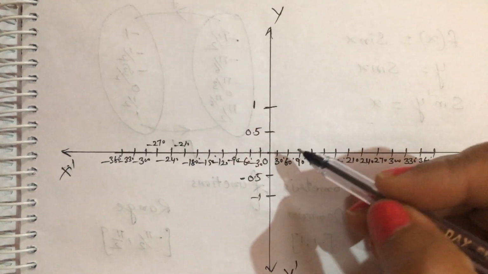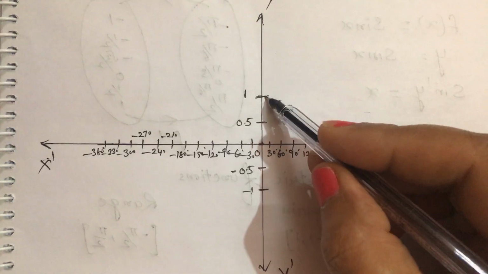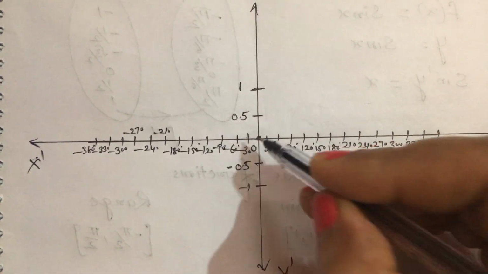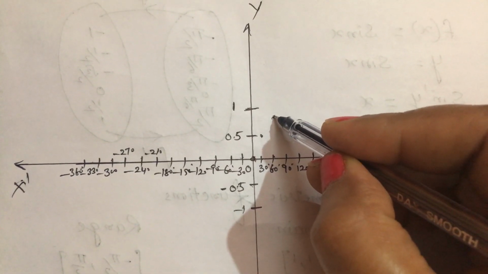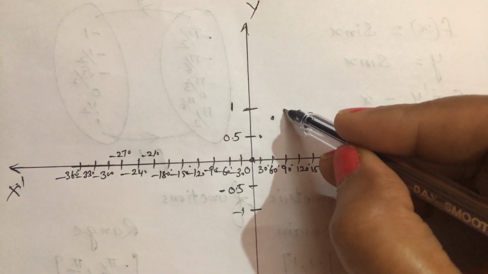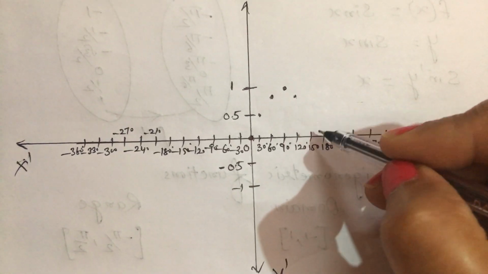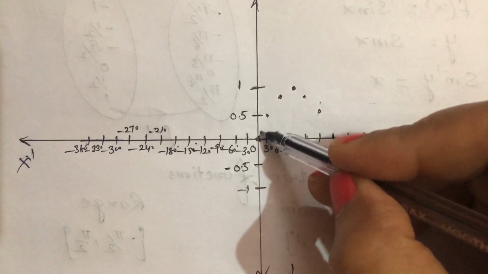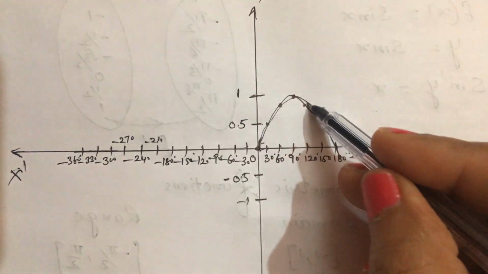Look at the graph of sin x. We read about graphs of sin x, cos x, tan x in 11th class, so here I am discussing the sin x graph again. We know that sin 0 is 0. Sin 30 is 0.5. Sin 60 is approximately 0.87. Sin 90 is 1. Sin 120 is 0.87. Sin 150 is 0.5. And sin 180 is 0. So what type of graph will we get? We will get this type of graph.